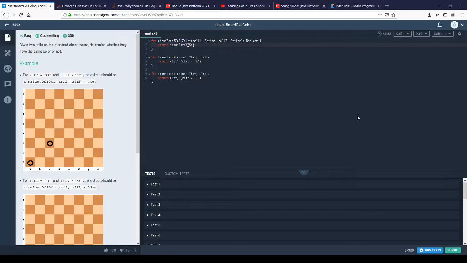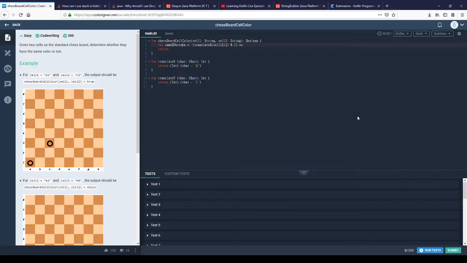String, actually cell 1, 0, mod 2, equals to, actually, same row, X pattern equals to